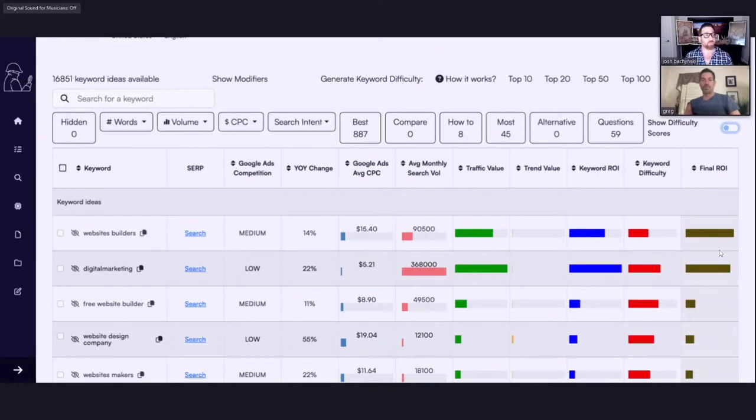I do have one other thing to add in, because I've been looking at other tools. The way they generate their keyword ideas, as you can see here, we plugged in one keyword, web design, which has a lot of branches and should have a lot of keyword ideas. Yes. But find me a tool that will generate 16,851 ideas, number one.